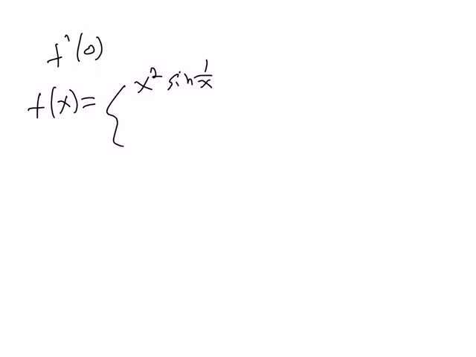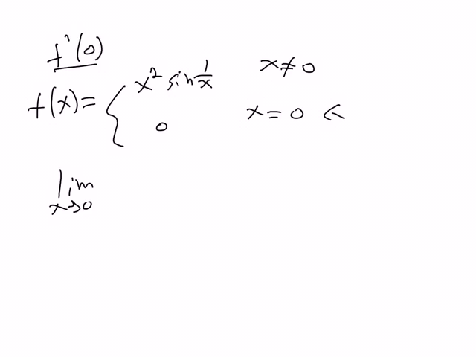So our second problem asks us to find the derivative, again f prime of 0, to see if it exists, for f of x equals x squared sine 1 over x if x does not equal 0, and 0 if x equals 0. Again, I'm going to be using the original definition for the limit because it makes things much easier. So we have the limit as x approaches 0, because that's where we want to find a derivative,